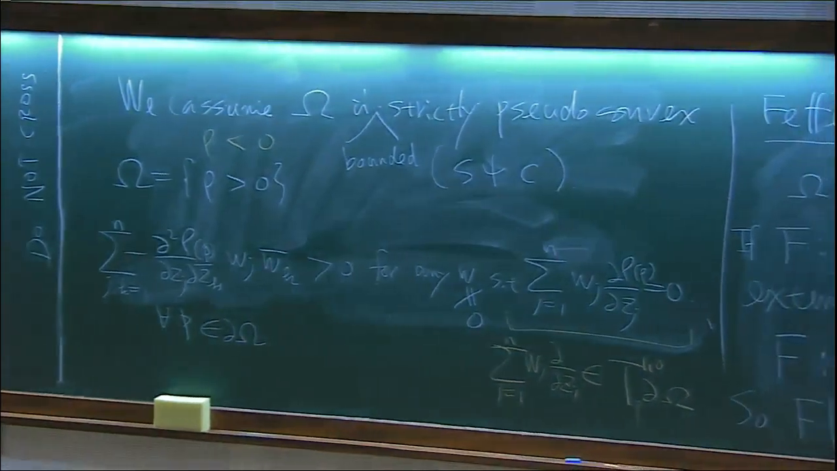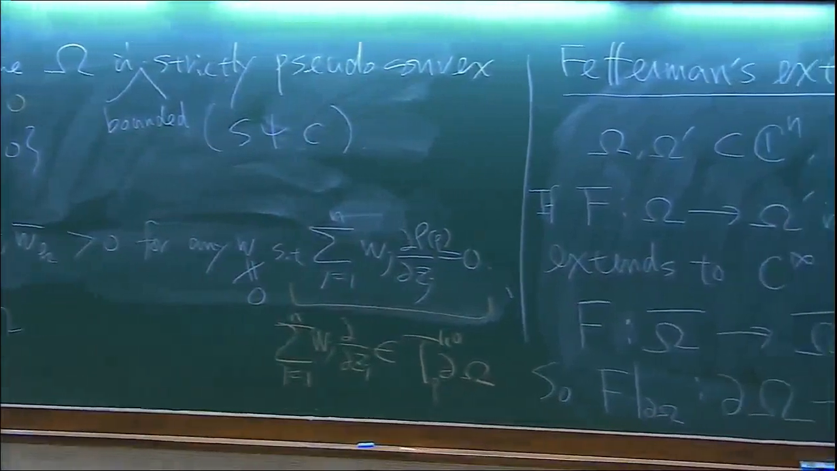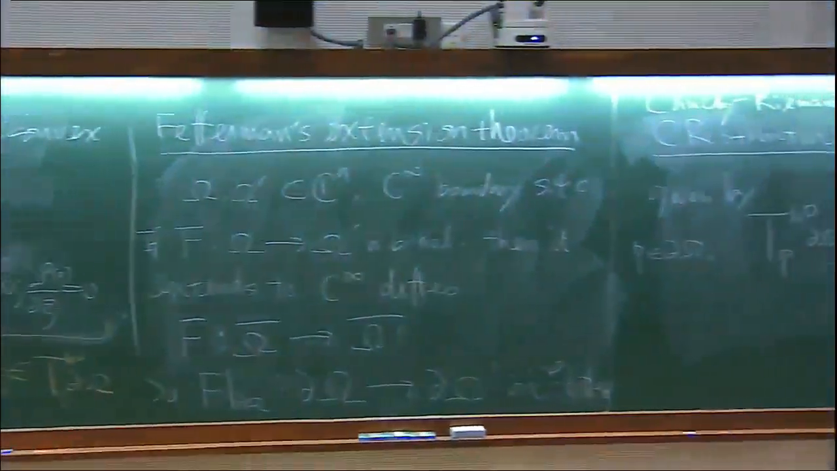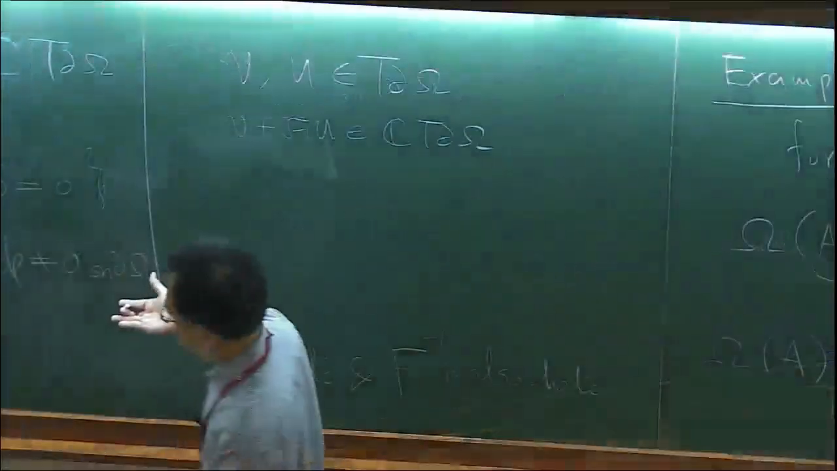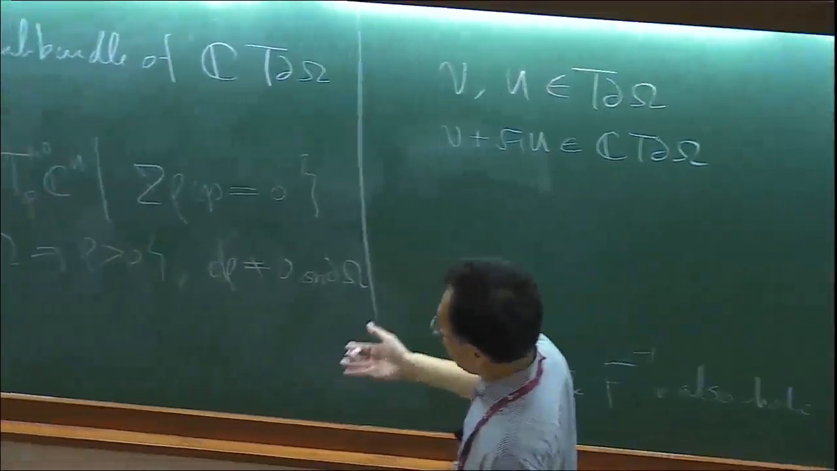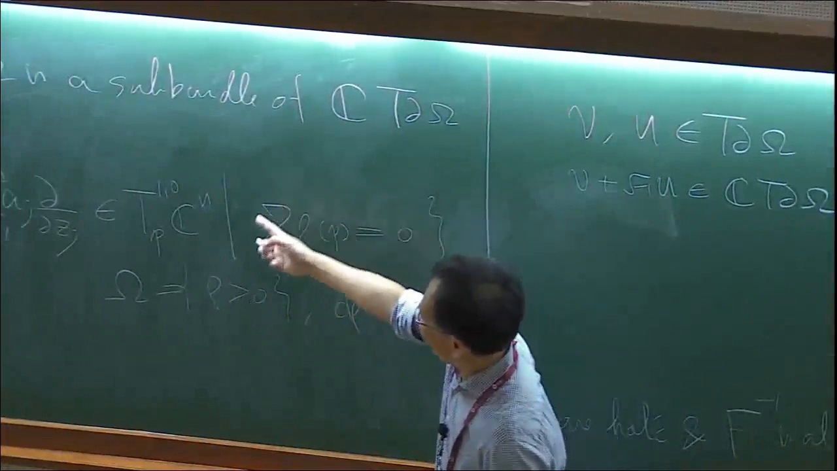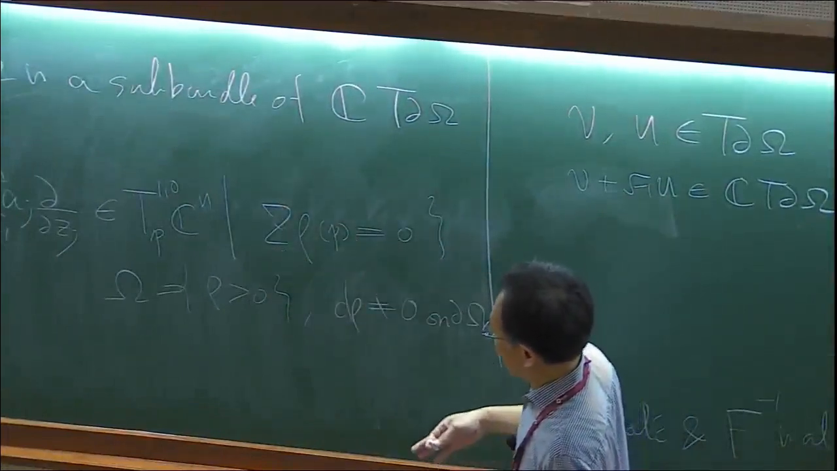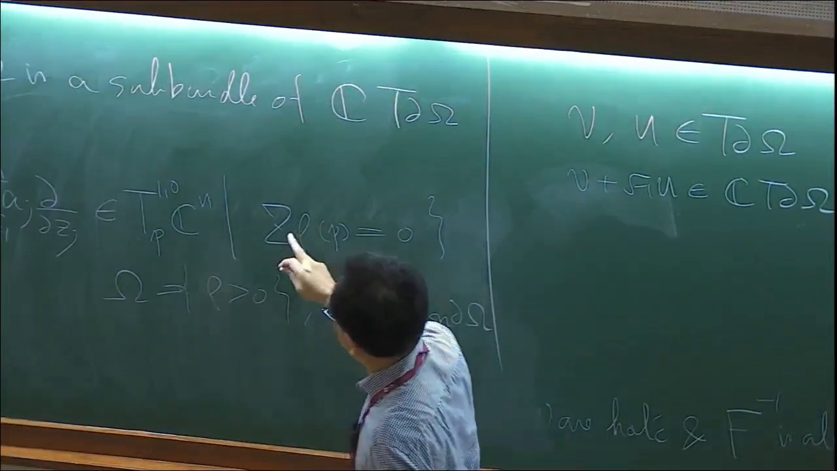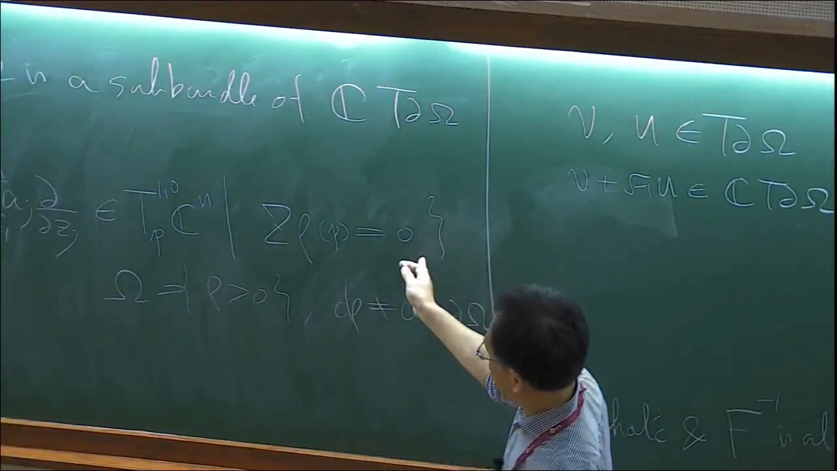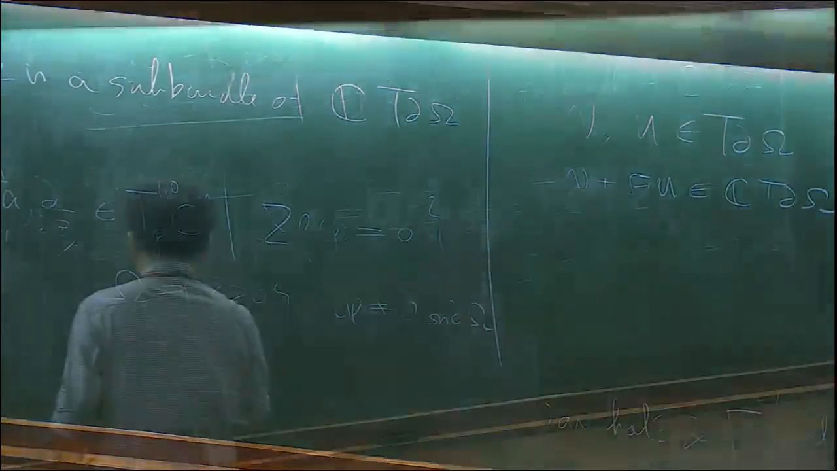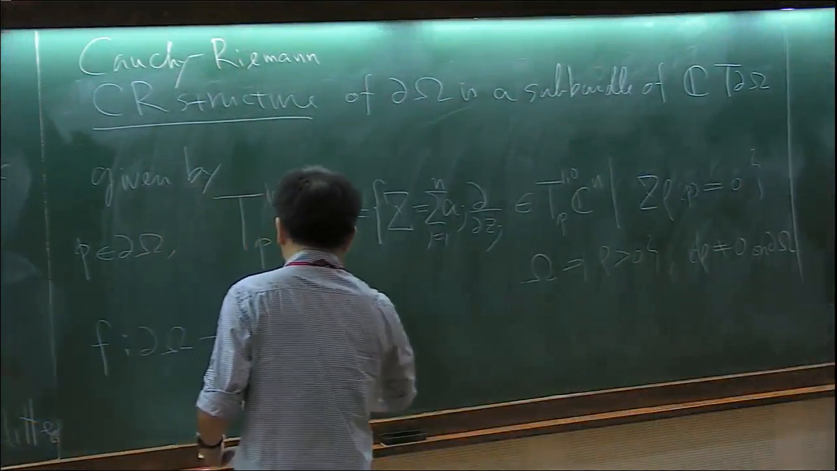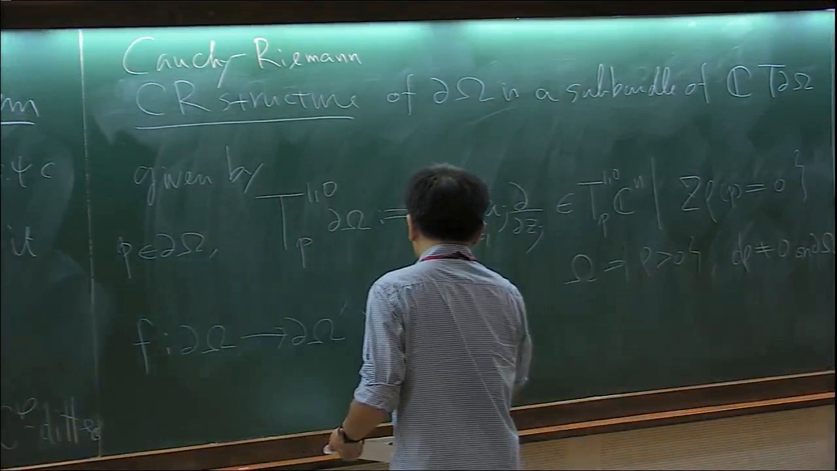Also, I should say rho is positive inside omega, and the gradient is not 0 on the boundary. This is the definition of a defining function. There are many choices of defining function, but this equality is the same for any choice. If you use some factor here, it just comes out. So the tangent space to the boundary is the same. So this is a subbundle, and a small f